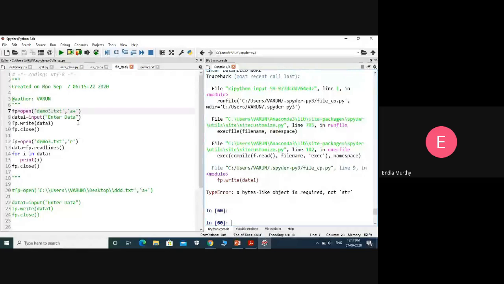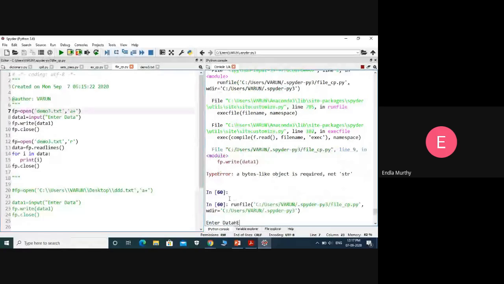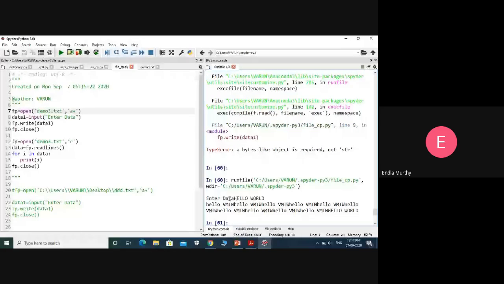Previously, as it is in binary mode, that's why you are getting this. Then you run one more time, then hello world symbol. Okay. As I'm opening in the append mode, that's why I have all this previous content also in the file. Once you open that in the write mode, it is better to open with write.